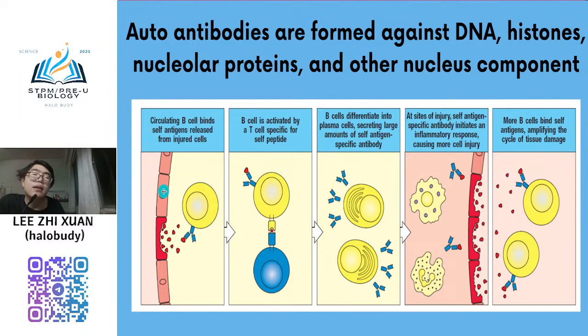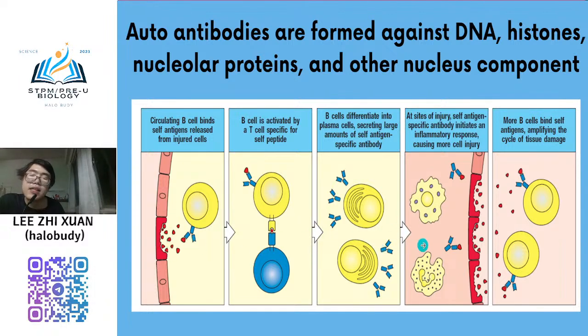But because your B cell and T cell are abnormal, your helper T cell will also bind this antigen, and your B cell also binds this antigen. So when they bind this antigen, this B cell is activated. It should not be activated, but now it is. The helper T cell activates this B cell, so the B cell starts to secrete plasma cells, and then this antibody will attack this antigen.